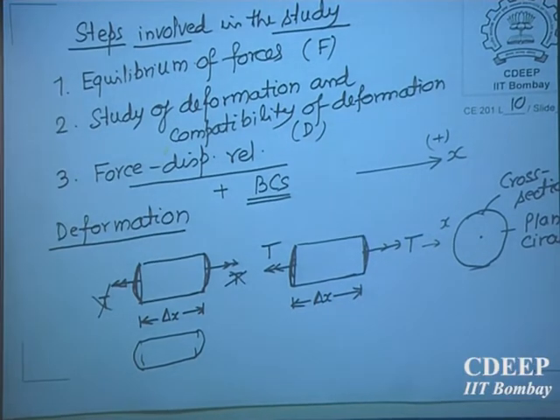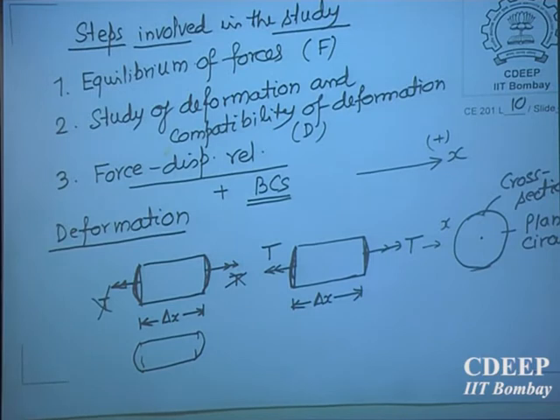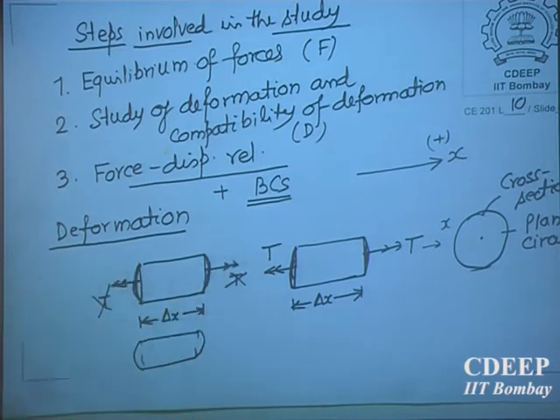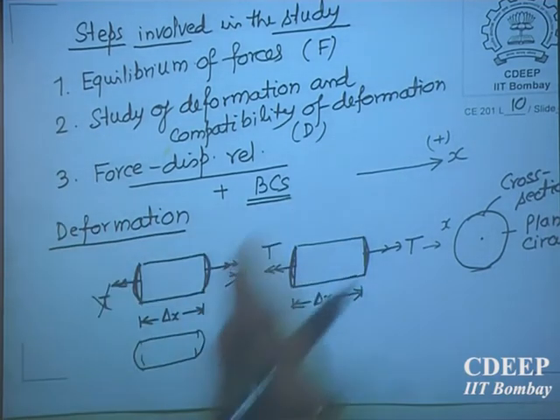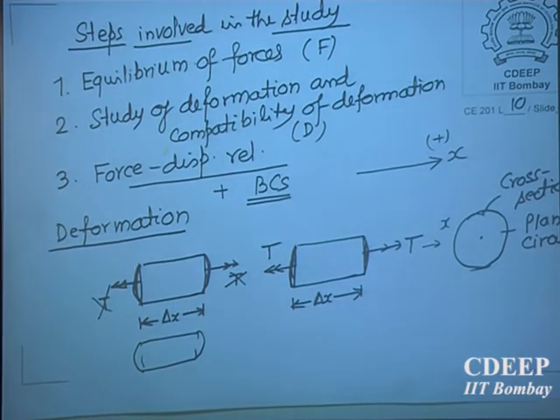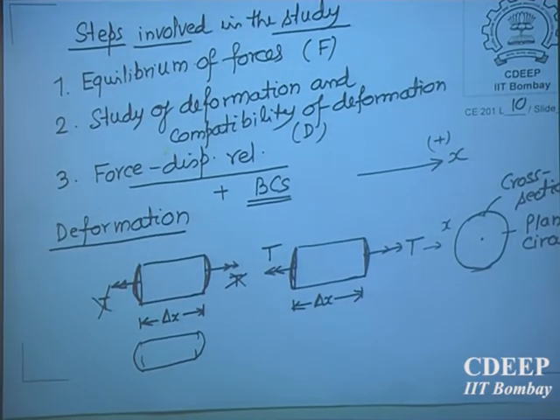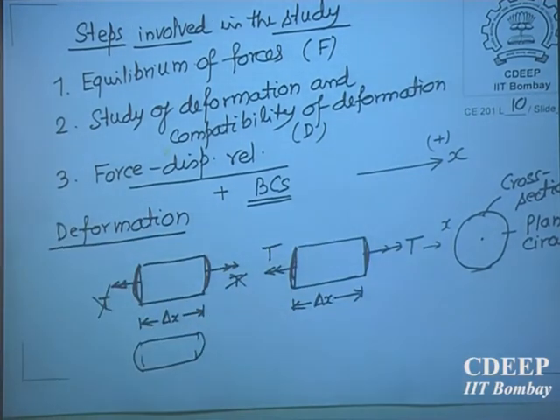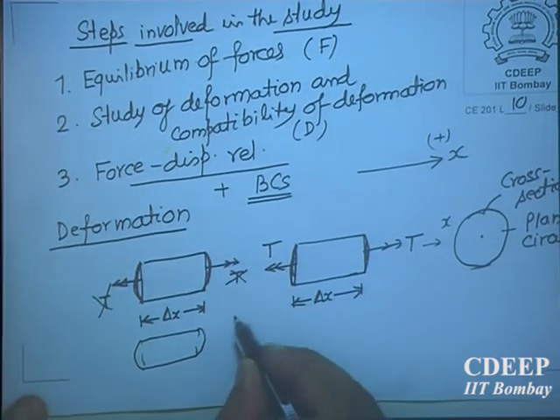On the cross section, the circular cross section becomes like a what? A circular cross section is part of a hemisphere. You cut a hemisphere at some cross section, so it is a part of a hemisphere. So this will become hemispherical. Now, can you fit them if they bulge out? No, it is not possible. So this argument goes against.